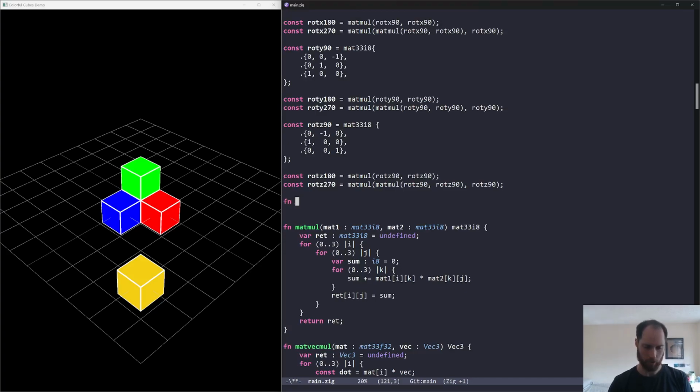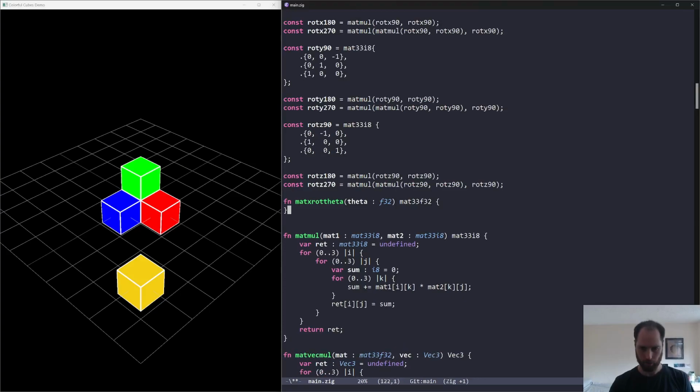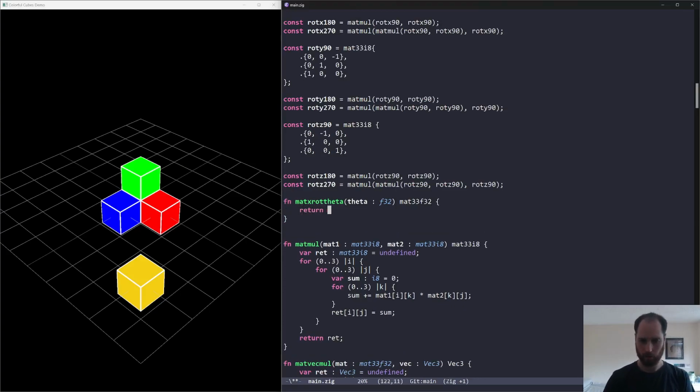So function matrix x rot theta will be something that takes in a value of theta, and we'll make this an F32, and returns a 3x3 matrix of type F32. And we simply want to say return the matrix with entries given by,